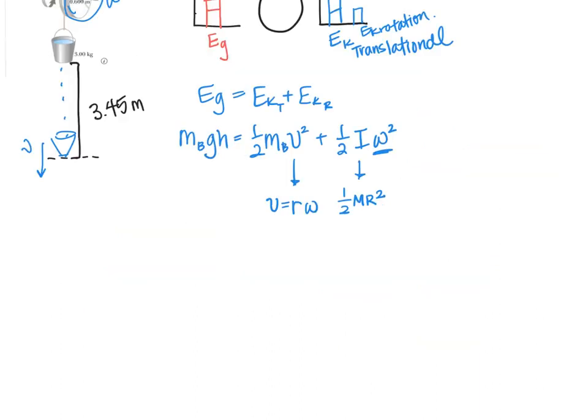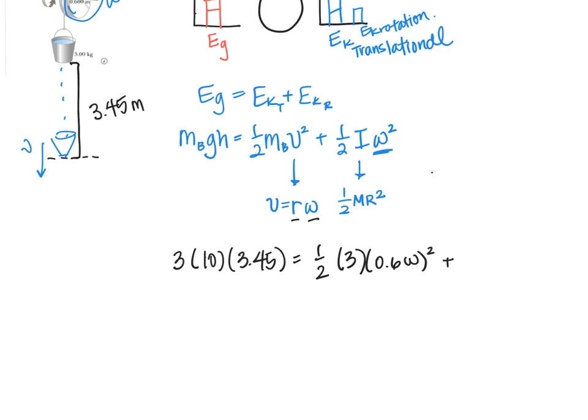Alright, so now let's do it. The mass of the bucket is 3. g is about 10. The height is 3.45. Then 1/2, the mass of the bucket is 3. Now v is r times omega, and the radius of our disk is 0.6 times omega, squared, plus, now